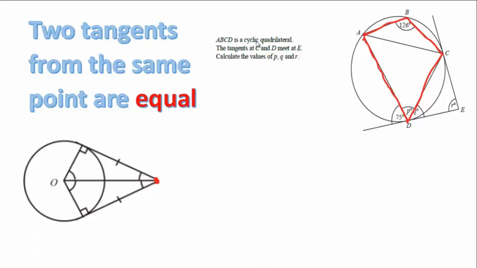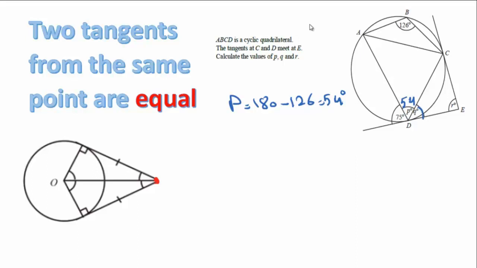Once I see a cyclic quadrilateral, I am looking for two opposite angles which must add to 180. And in our question here, this angle and this angle here, their sum is 180. So we can find the measure of angle P. 180 minus 26 equals 54 degrees. My advice, once you find an angle, especially in circle theorems, as I said before, you have to write your angle on the diagram. So you have to write here 54, because it will help you find the next angle,